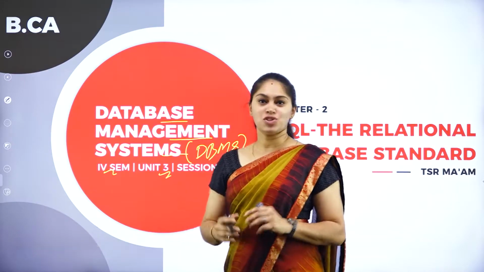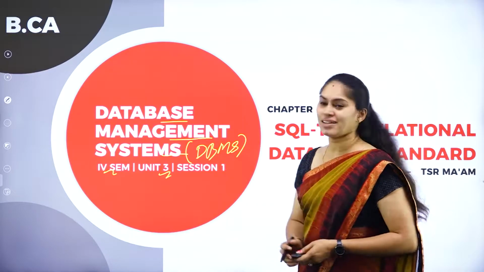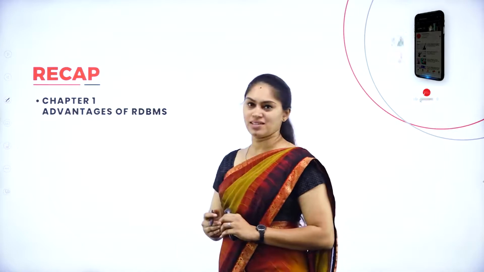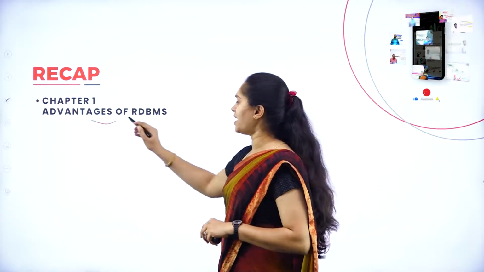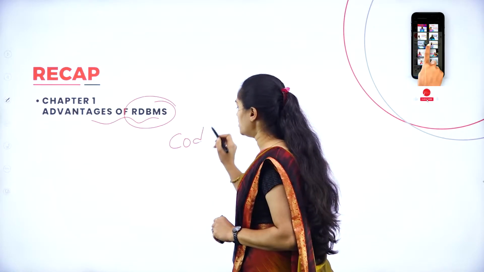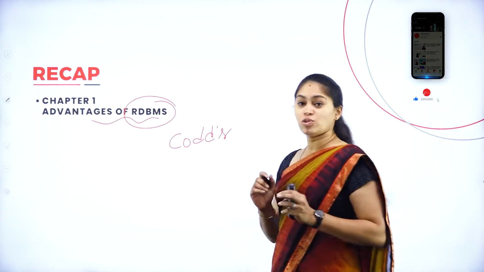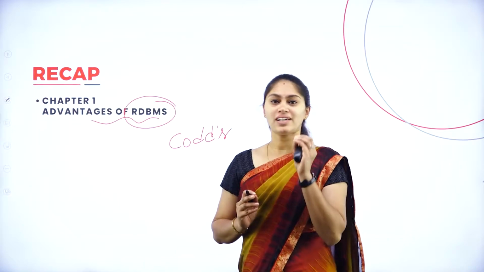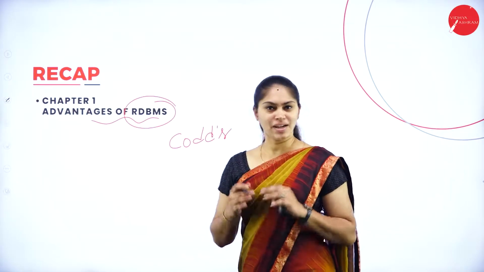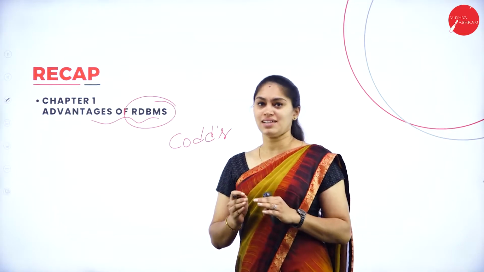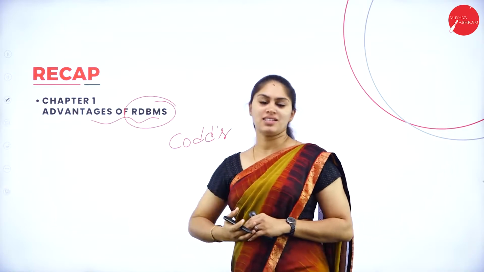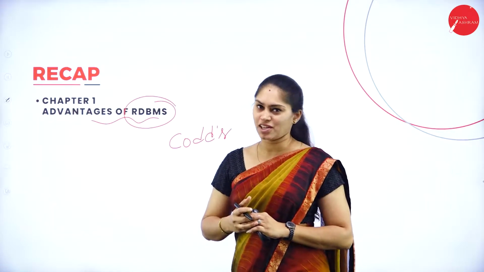In the previous session of this unit, we learned about the advantages of RDBMS as per Codd's rules. From rule 0 to rule 12, we learned what each rule says about the relational database management system. Mainly, whatever data or system I want to consider as a relational database management system,